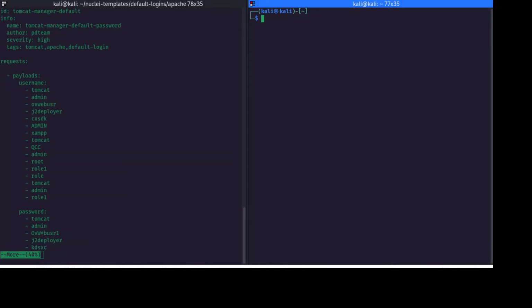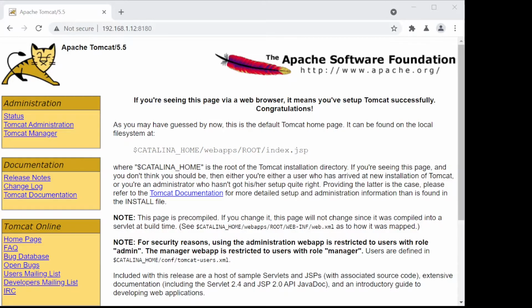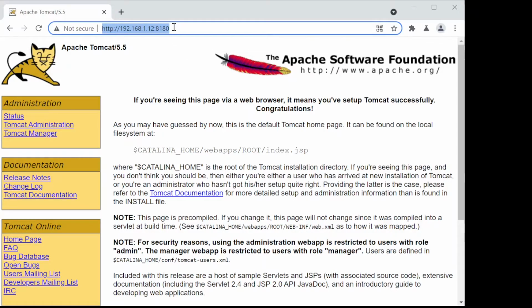Let me start my Burp Suite, and I will show you how it looks in the browser, how it looks behind the scenes, and how this request on this side of the screen maps to our example. Okay, so I have set up my Burp Suite and my browser here. The URL for our testing purpose is for a vulnerable machine that I have deployed: 192.168.1.12, and the port number is 8180. So this is the request that went through.